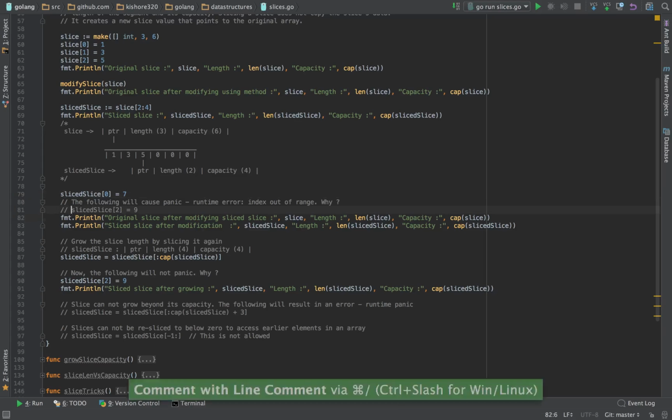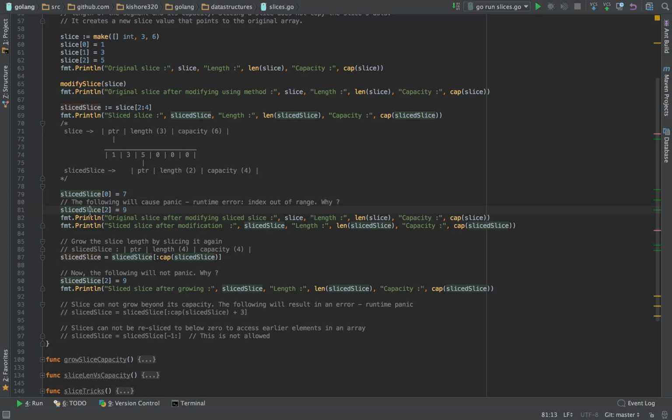Can I do this? Can I try to access the index 2? No, because the sliced slice contains only from index 2 to 3, which means the length is only 2. If I try to access the second index, that means its length has to be 3. Even though the underlying array has the capacity and it contains 0, the sliced slice doesn't have any access to